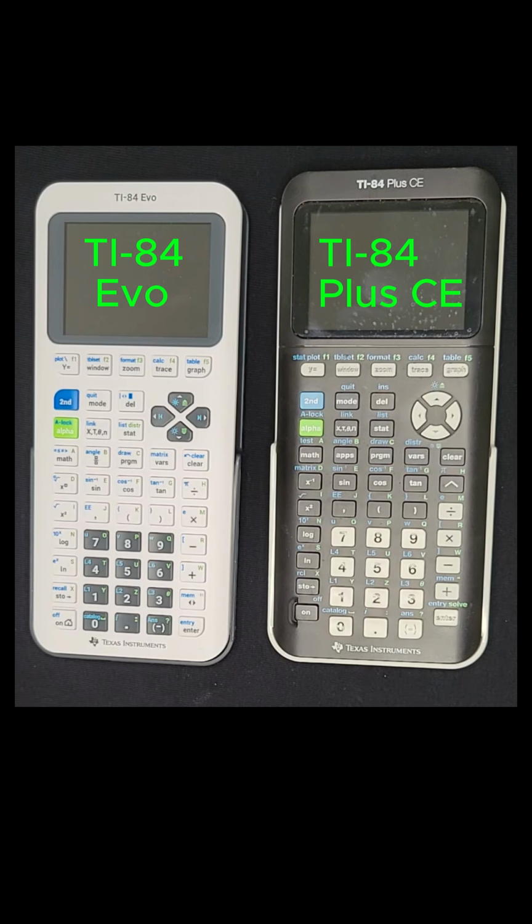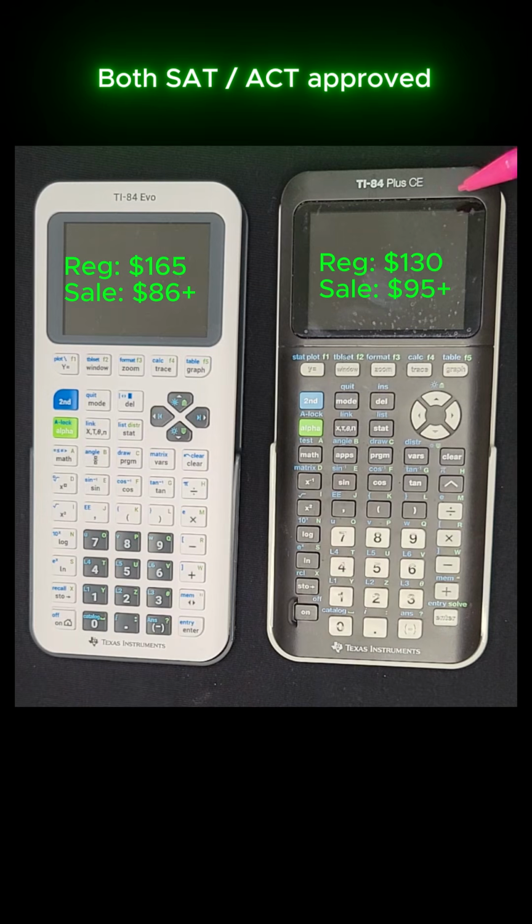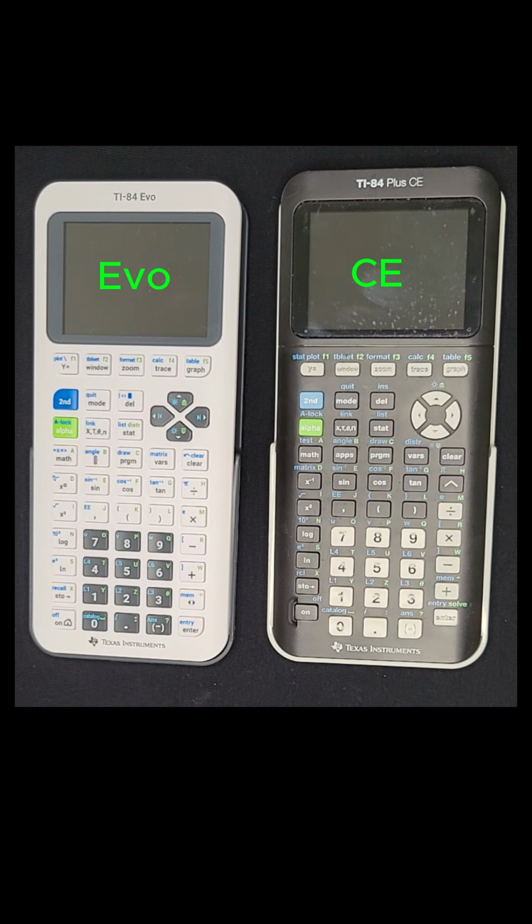So Texas Instruments just came out with a new graphing calculator. It's called the TI-84 Evo, and it's intended to be the successor to the TI-84 Plus CE. Some of the improvements that are being heavily hyped are the larger graphing area, the USB-C charger, and the icon-based home screen. In this video, I'll compare the TI-84 Evo to the TI-84 Plus CE to see what's new and